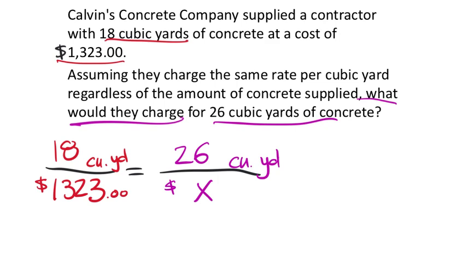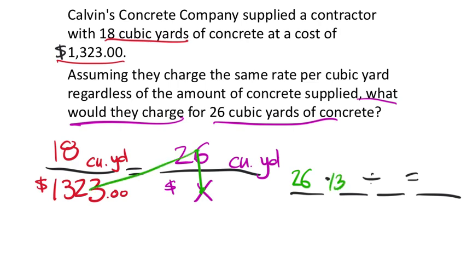This is one of 8 different ways that you can set this up accurately and still get the correct answer. So all we're going to do is plug these values in to the fish method. Multiply, divide, equals. So fish method, I'll start with the X. I'll come up to the 26. There's my 26. Cross back down to the 1323. Swing it back up to 18. And then finish off at X. And again, this is just something I got to put into my calculator. When I put it in there, I got